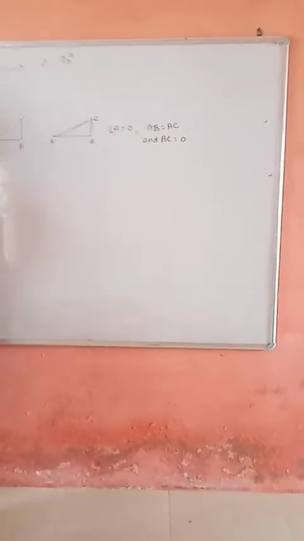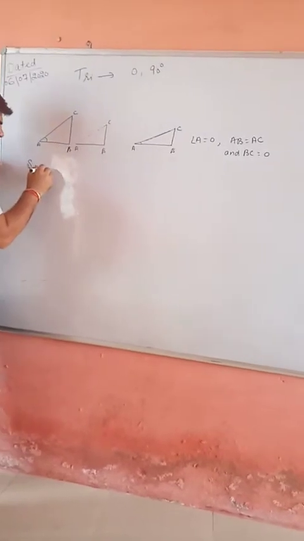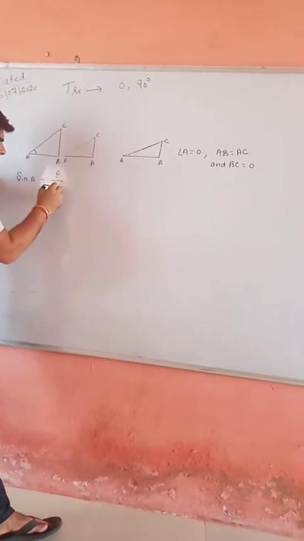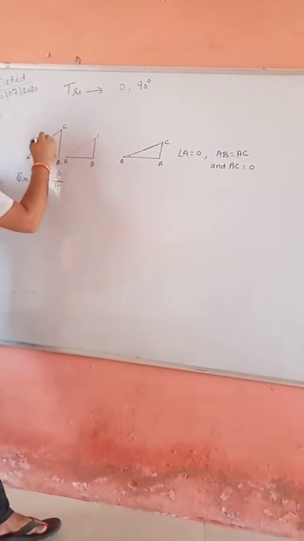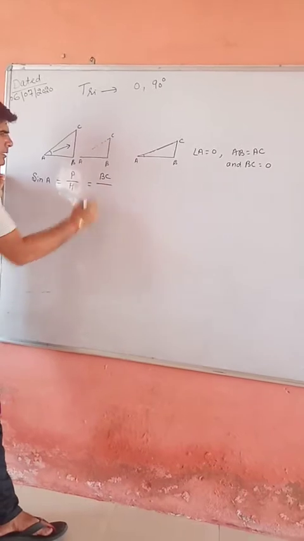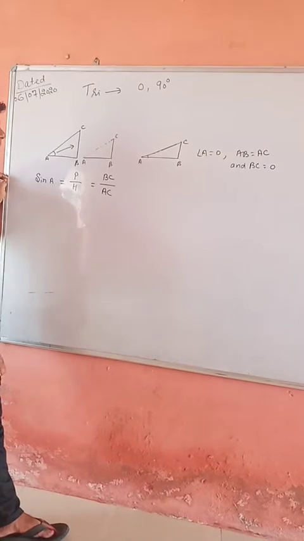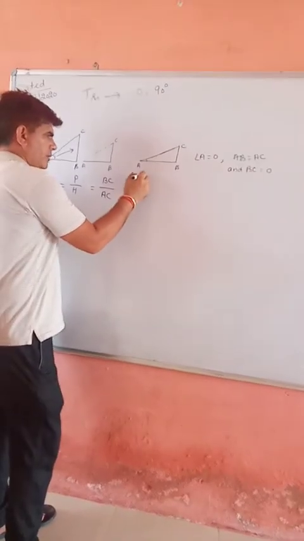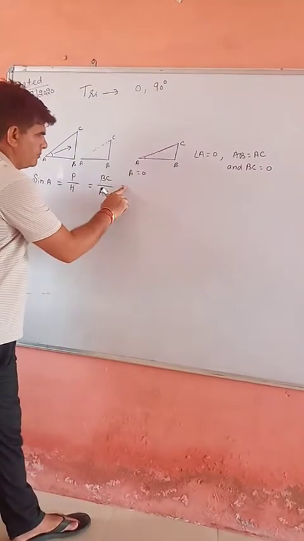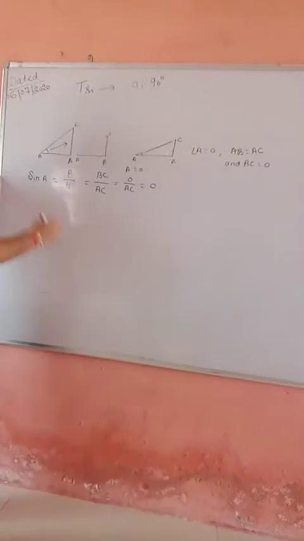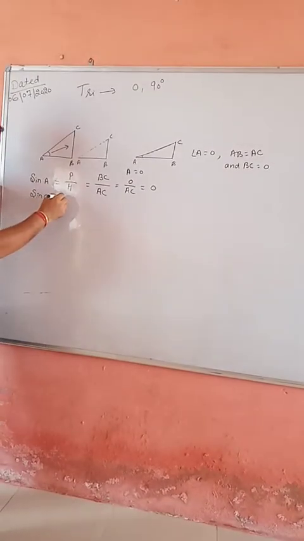So sine of angle A, you know, is perpendicular by hypotenuse. This is its perpendicular. So BC by AC. But when A is equal to 0, so BC, what will come? BC also becomes 0 by this. 0 by something is always 0. So this means sine of 0 degree is equal to